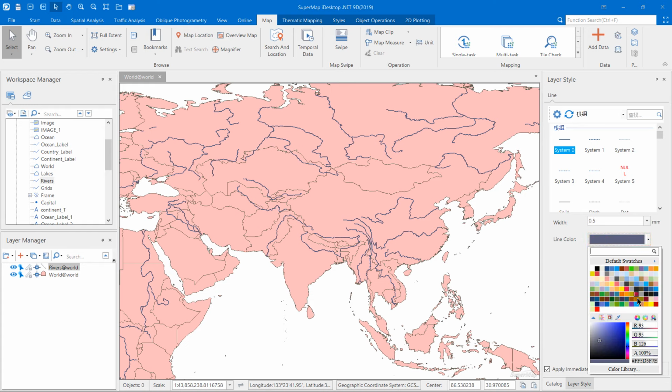We're going to save the results of this query, and we're going to browse our attribute table and also highlight it in the map. So we're going to say query, and as a result of this, all the rivers that flow into China have been selected. Now, the next step is to isolate these rivers from other countries. We're going to go under Spatial Analysis, Overlay Analysis, and in here the inputs are going to be the spatial